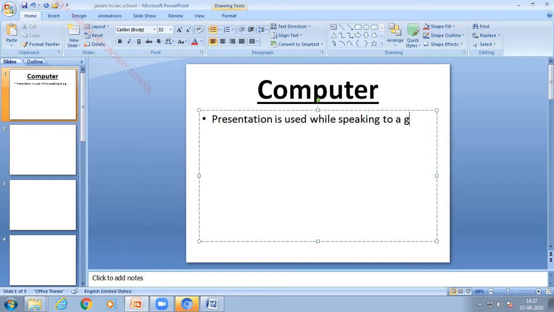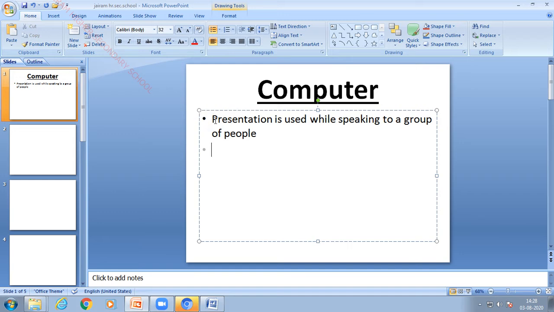See, after completing the first line, it automatically comes to the next line. You don't need to press the enter key. Then after completing the first point, if you press the enter key, another bullet symbol will automatically appear on the screen. You don't need to choose the bullet icon to display the bullet symbol. And by default it shows the bullet symbol, isn't it, a round symbol.